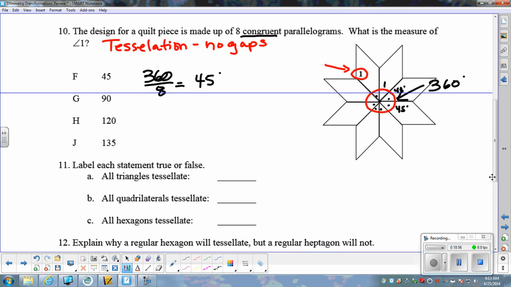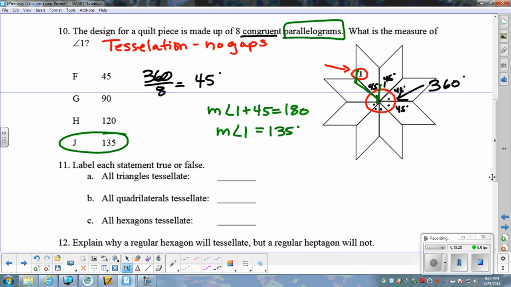Notice how it doesn't tell you to find these angles first. It's an implication that you need to find this first. The second fact that I need to know is that it's a parallelogram. So in parallelograms, consecutive interior angles are supplementary. That means angle 1 plus 45 will equal 180 degrees. So lastly, what am I going to do? I'm going to subtract 45 from 180, and that will give me 135 degrees